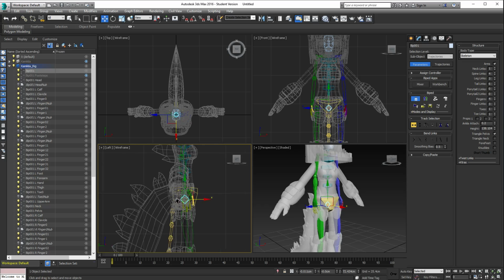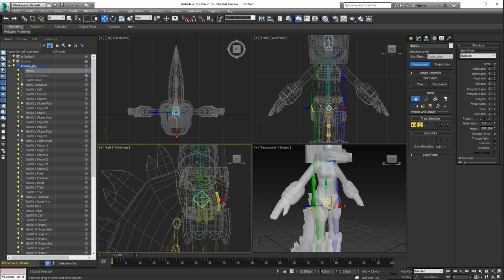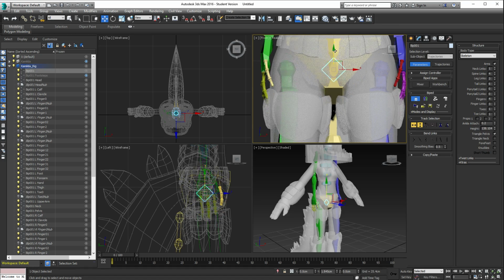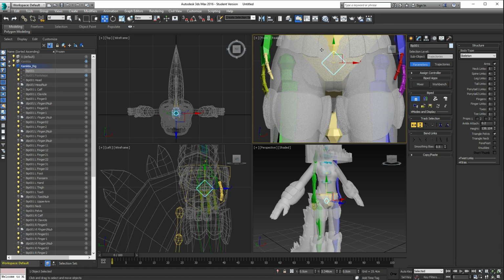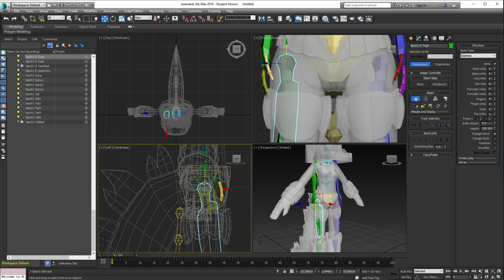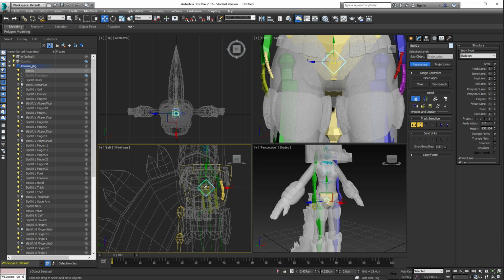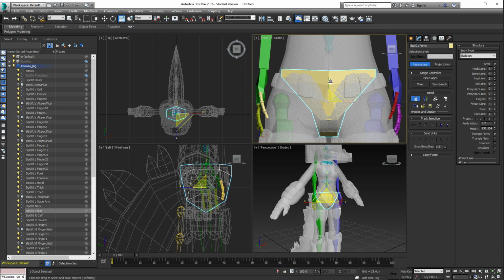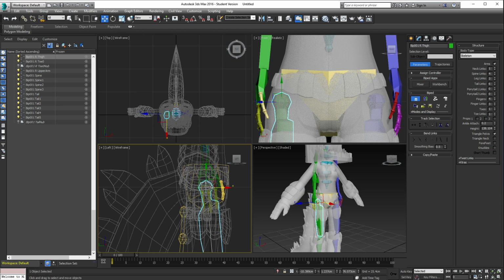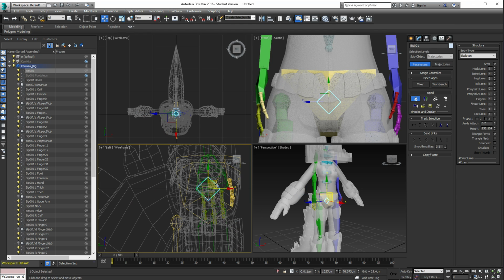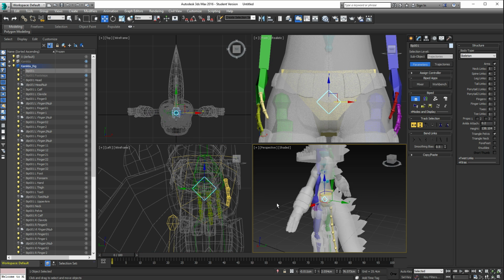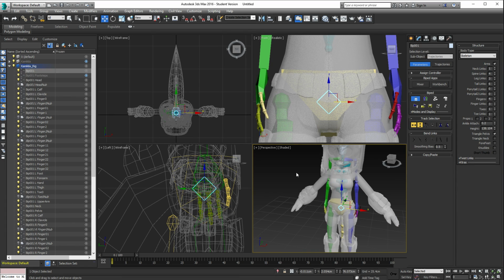So first thing I want you to focus on is moving that diamond point, the BIP001, into the middle of the pelvis. And make sure that in all views, we get a good look here. So my pelvis is kind of here. I'm going to scale it down just a bit. Oh, sorry, you can't scale the BIP001. I'm just going to move it around until the pelvis is in the location I want. And then I'm going to click the pelvis itself, and I'm going to scale it a bit so that it is inside. So now that I'm rotating around my model, I can see